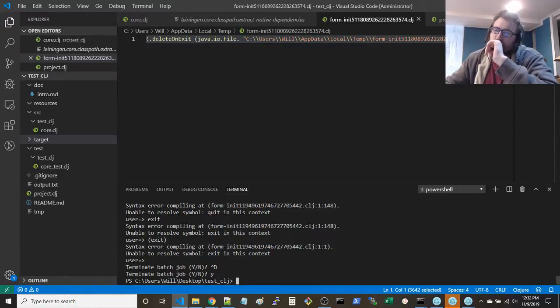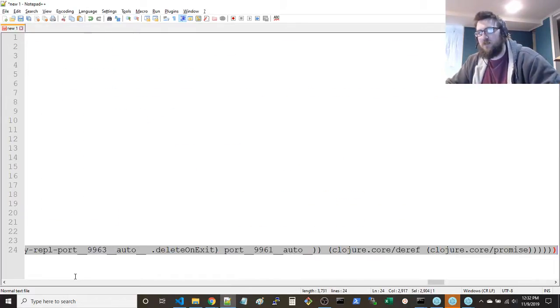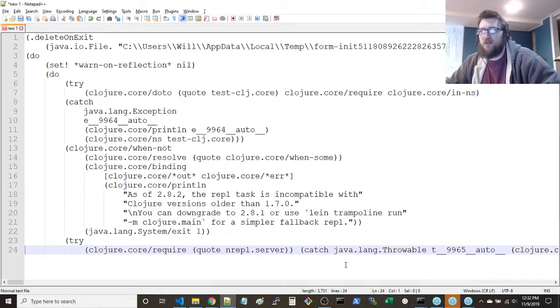Unbelievable. Are there any other messages hidden in here? How much is left of this thing? Still 3,000 characters. This is only 600 characters so far. You gotta be kidding me. Come on, man.